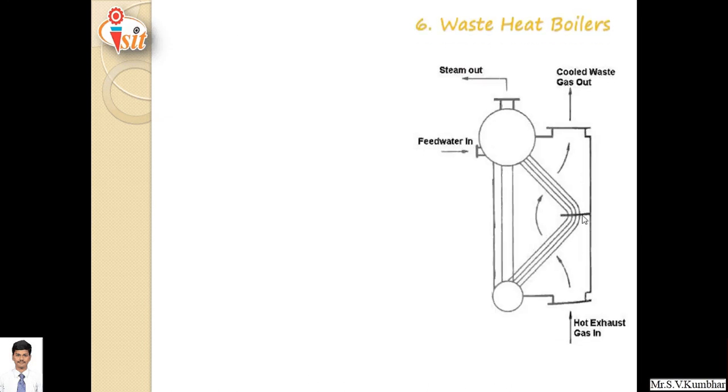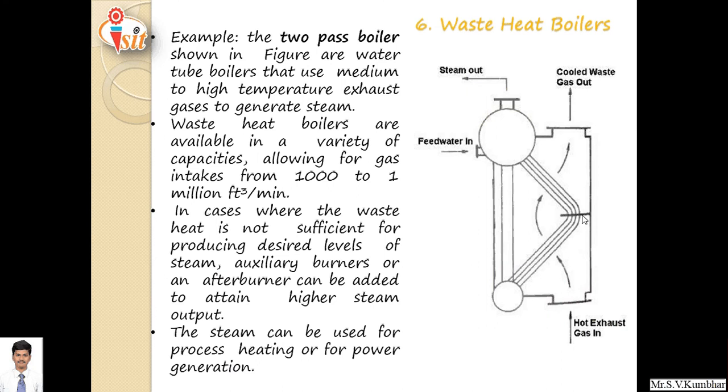Waste heat boiler. This waste heat boiler is shown in the figure, which uses medium to high temperature exhaust to generate steam. Waste heat boilers are available in a variety of capacities, allowing for gas intakes from 1000 to 1 million cubic feet